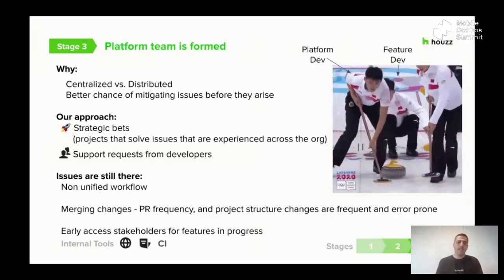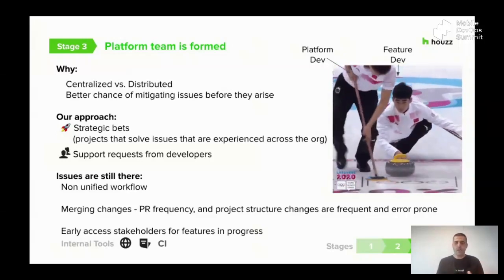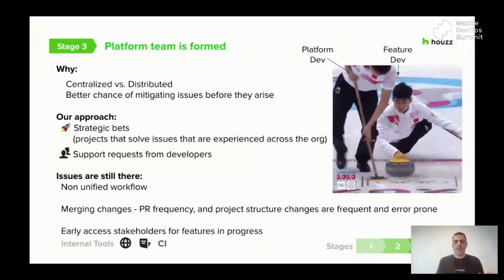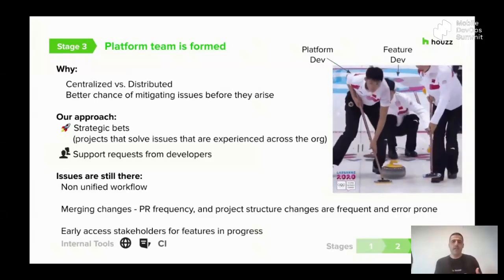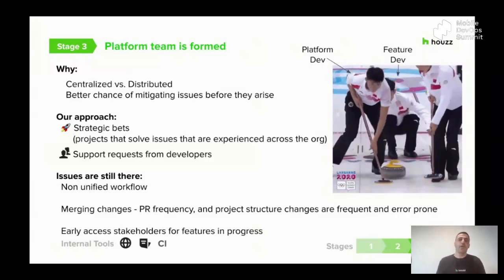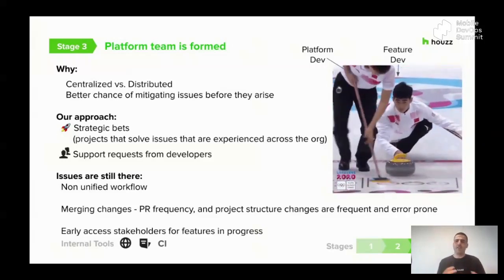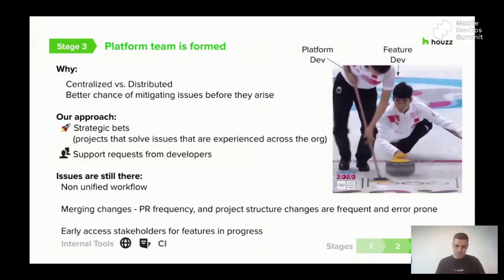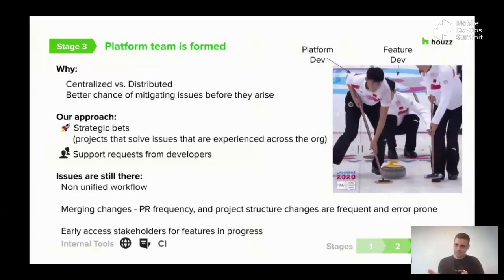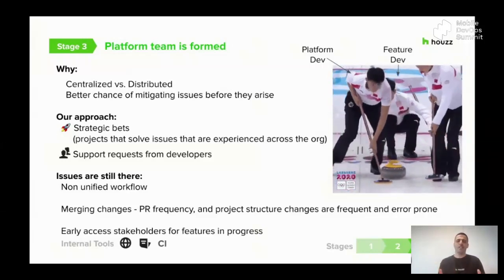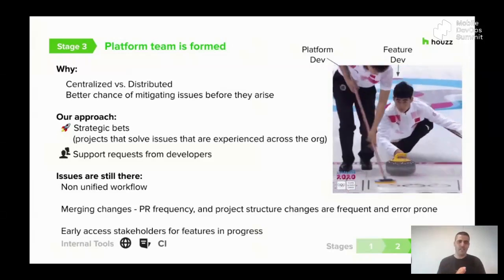So anything that's in the way, any obstacle, is removed, so the feature dev can have the best developer experience and the best velocity. It might not look like the platform developer, or in this case, the curling member here in the team, is doing anything, but it's actually doing a lot.